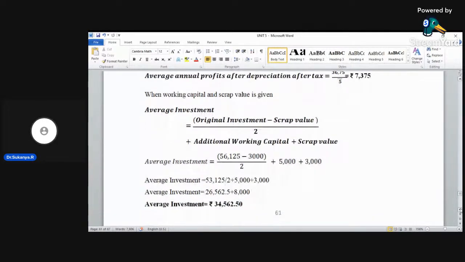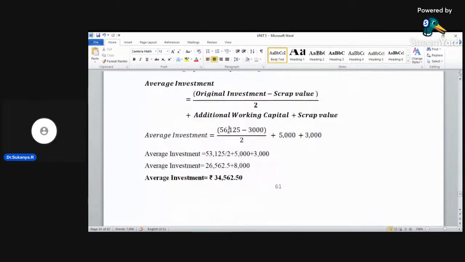So the average investment, dear student, is the original investment, that is 56,125, minus the scrap value, which is 3,000 rupees, divided by 2, plus the additional working capital, which is 5,000 rupees, and again the scrap value. So 56,125 minus 3,000 gives 53,125, divided by 2, plus 5,000 plus 3,000. So the average investment, that is the denominator, you are getting as